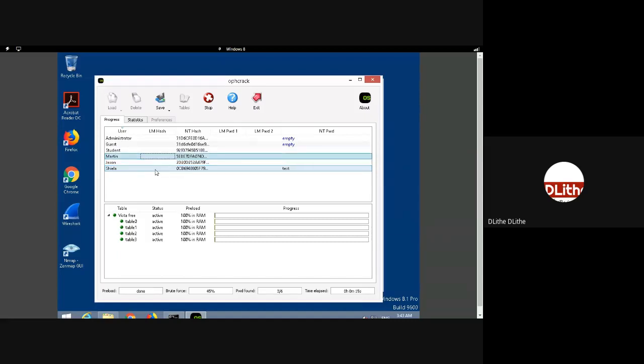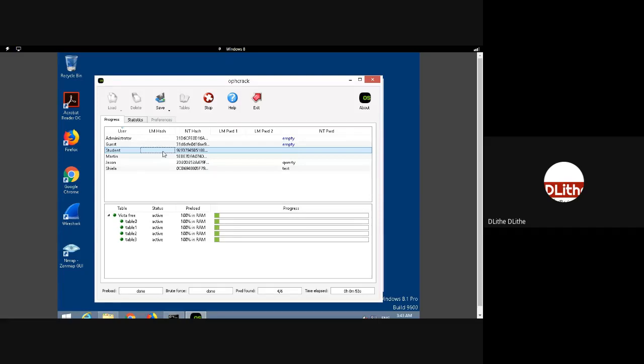You can see it will take some amount of time, and we have already cracked one user's password, that is test, whose username was Sheila and his password was test. It was cracked. And a second password is cracked. Jason's password is quality. Martin's password also will be cracked, but since the student password is pretty complicated, it will not be cracked in this case. That needs to be cracked in a while using a custom word list. Clear?